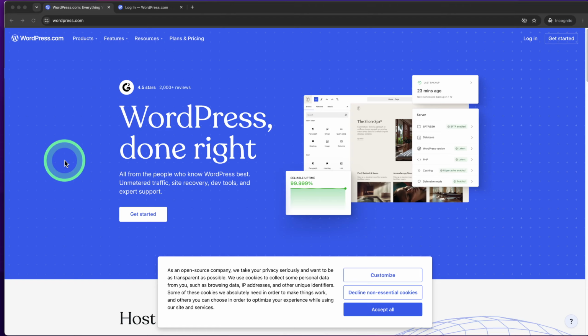WordPress, one of the most popular content management platforms, provides flexible options for viewing your media library, allowing you to choose the layout that works best for your needs. In this tutorial, I'll guide you step by step through the process to ensure you can easily switch between these